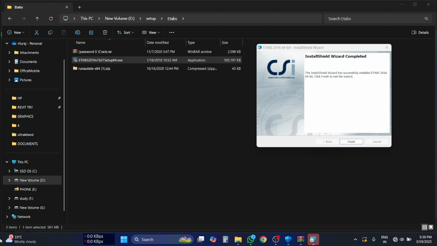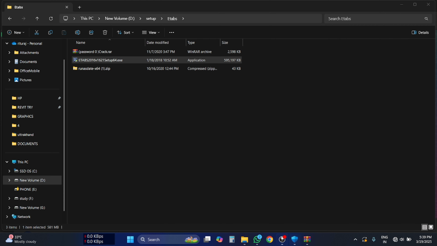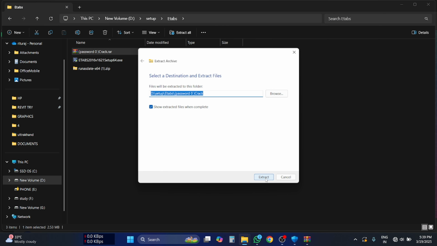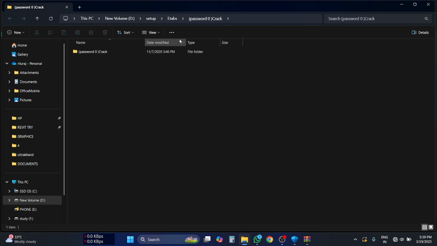Now, the main process starts from here. The software will install simply in your system once you run the setup of the ETABS software. But now you have to extract the first file, that is the password or the crack file. So just open it